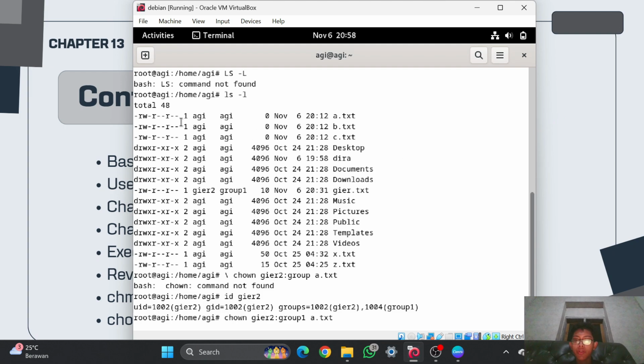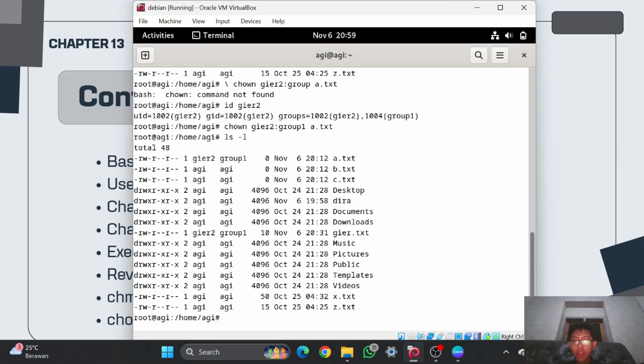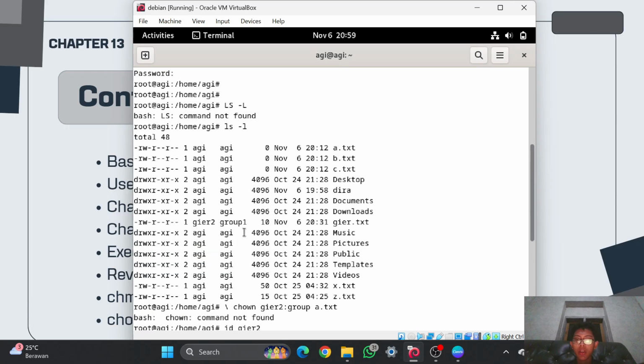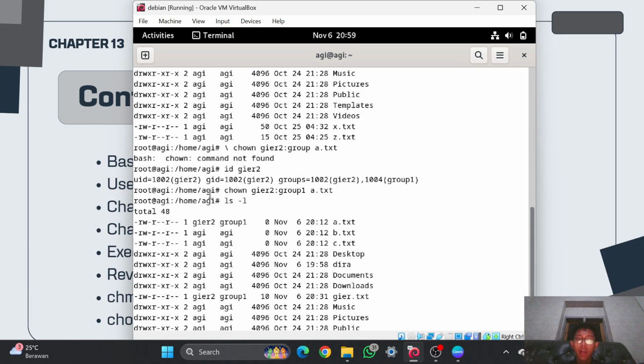You can see in here for the a.txt have the ownership of AGI user and then also the group of AGI. Then I will enter it, and if I check again right now for the a.txt, the ownership of a.txt is changed into gr2 user and then the group 1. So the AGI user right now cannot change or read, cannot edit the file of the